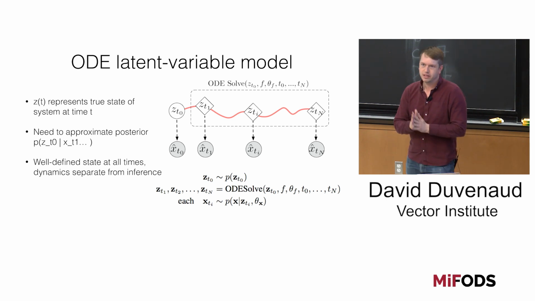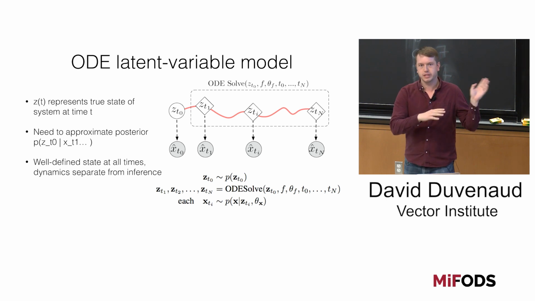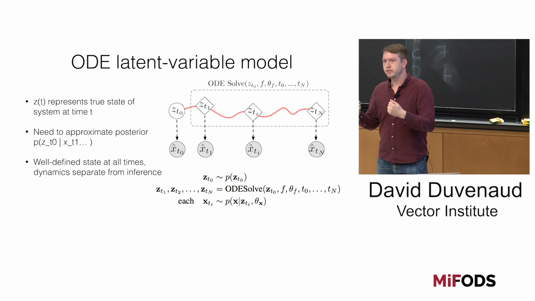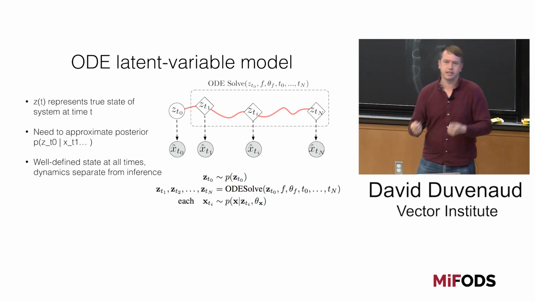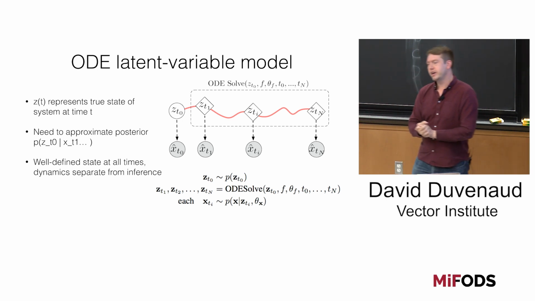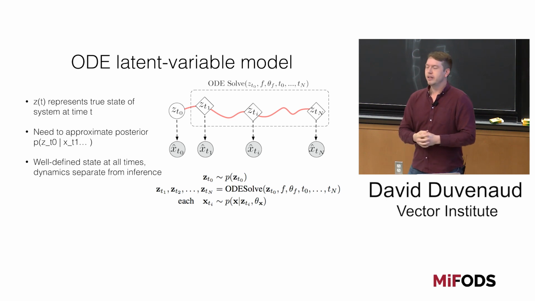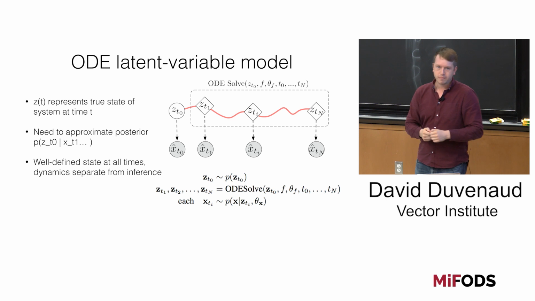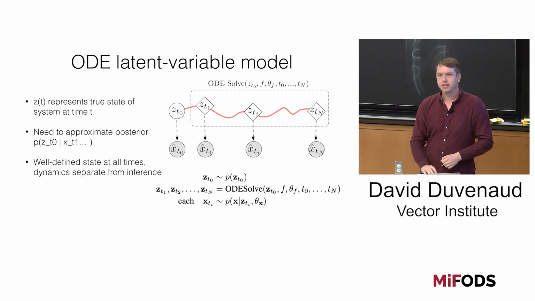And we actually can compute the density of that model as well. That's something we talked about in the original neural ODEs paper, that there's a nice continuous time version of the change of variables formula, this instantaneous change of variables formula. It's a special case of Fokker-Planck that lets you figure out how the density evolves according to the ODE as well. Okay, any other questions?